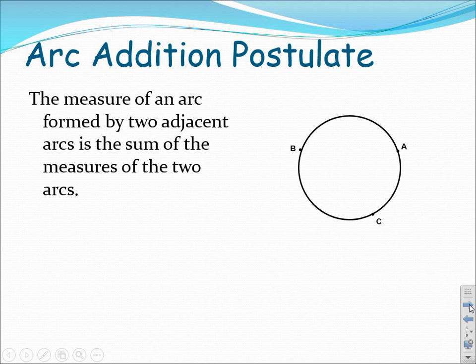Okay, just like angle addition and segment addition way back when, we can add some arcs together. So here's one of our postulates for section 10.1. So this guy just says that I can basically add 2 arcs together. So if you look at this picture, if you want to know what the measure of arc ABC is, if you want to know what that equals,